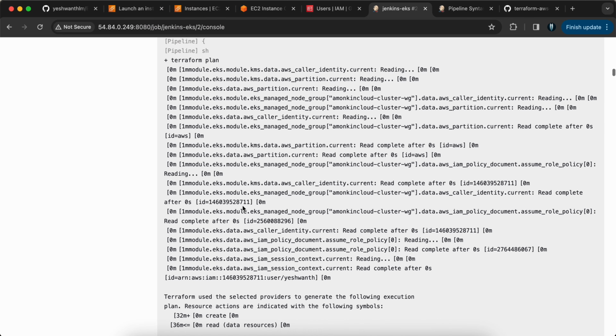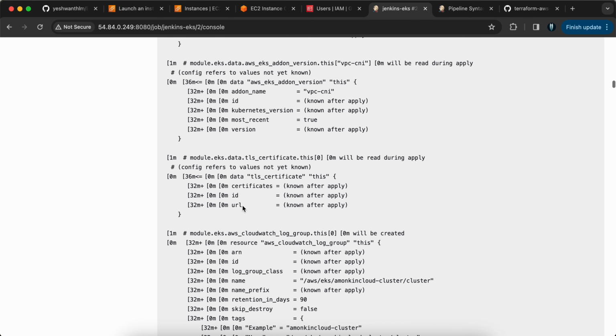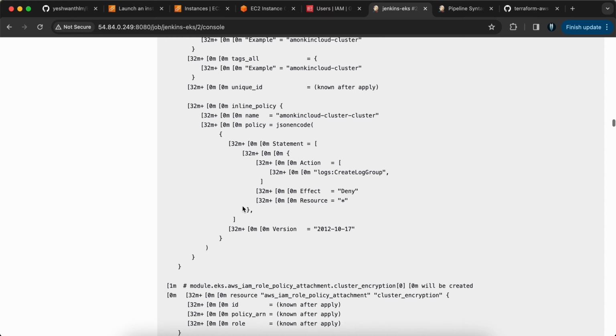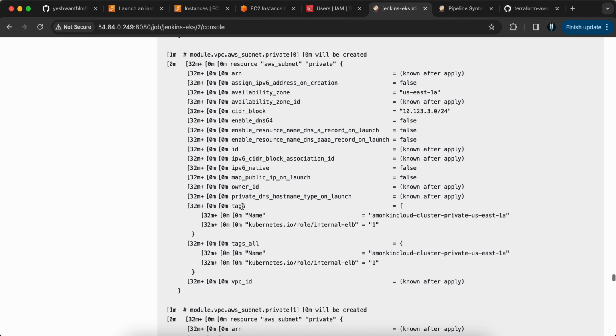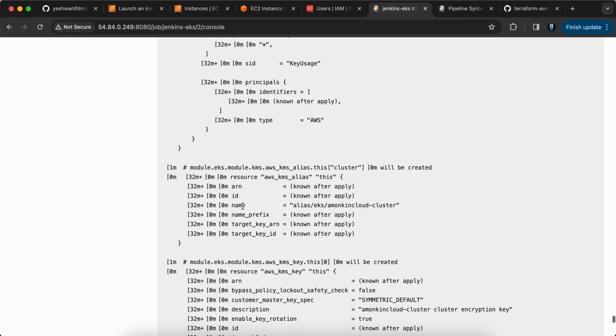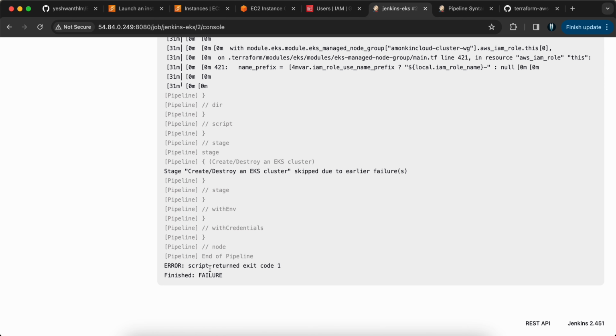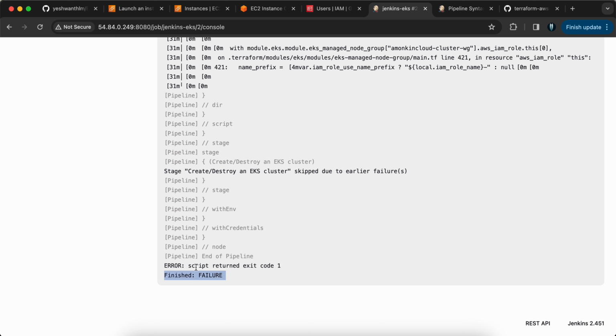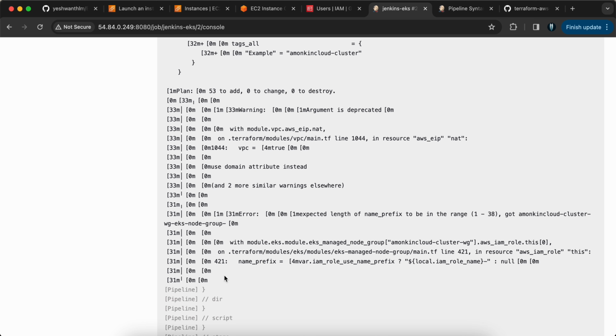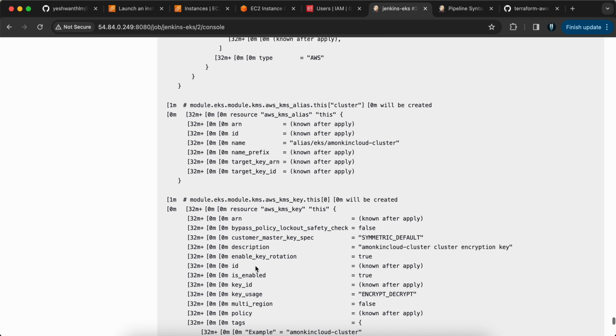Okay, now let's go here. Let's see what is happening. It is going to create so many resources. Let's go all the way down. So these are the things that we have specified in the .tf file. Let's come all the way down here. And if you see here, it has failed with an error with the message called failure. So let's see what the issue was here. If I go all the way up here,